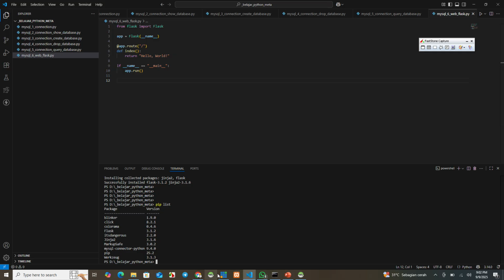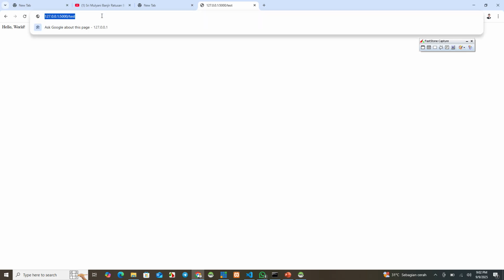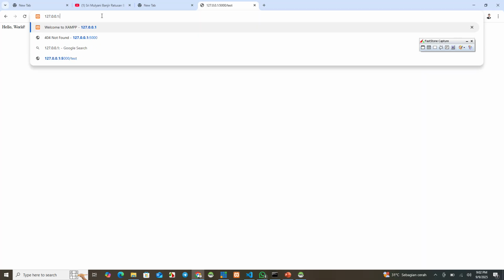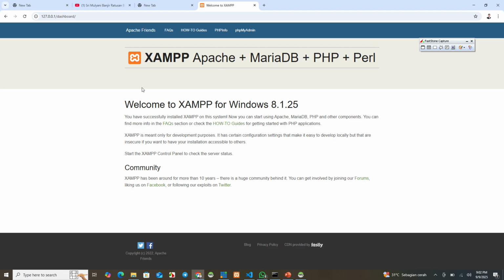If we use this one, this is the Apache web server, and there is no connection to Python.